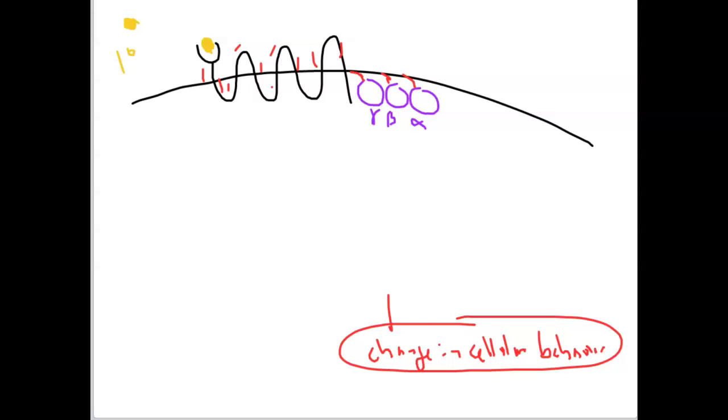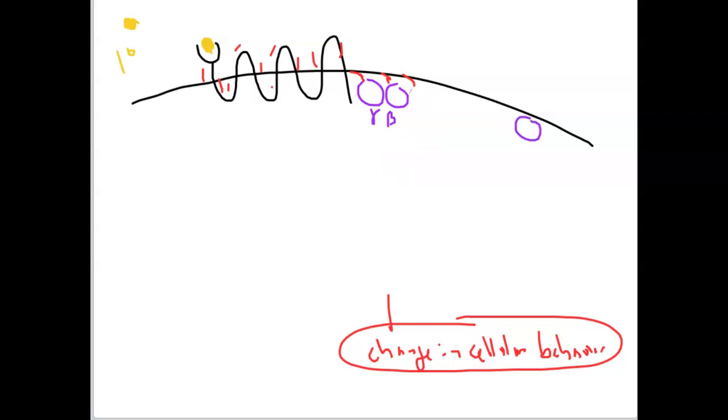reacts in kind. In fact, what the G protein does in response to this shape change is that a guanosine diphosphate is released by the alpha subunit, and a guanosine triphosphate is taken up instead. And I'll show that by filling in this alpha subunit of the G protein with green. So now it's bound to GTP. And this G protein is now on. It is now active in response to having GTP. And so it leaves its two subunits,